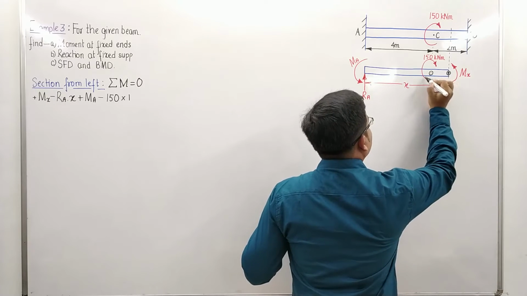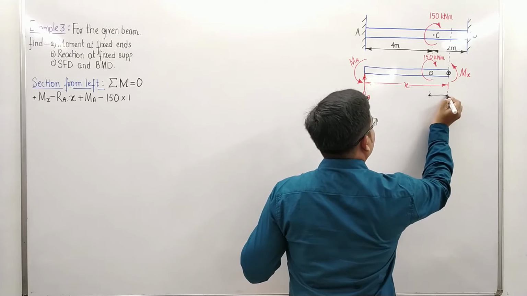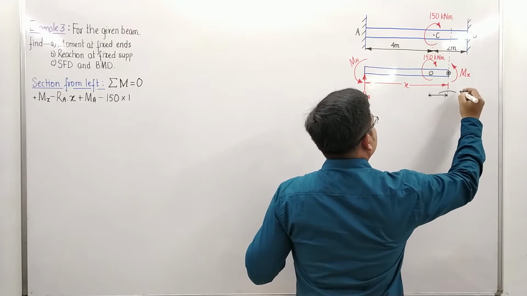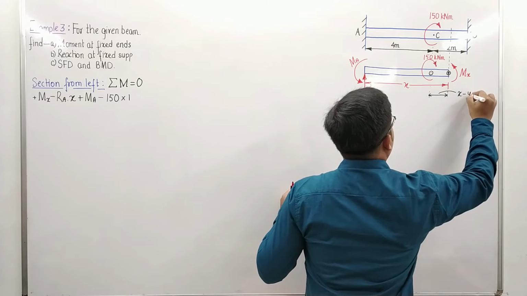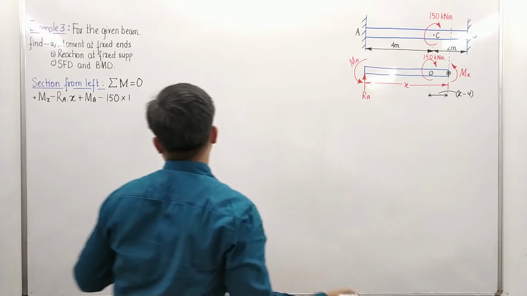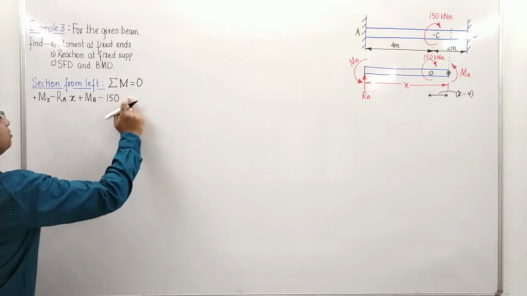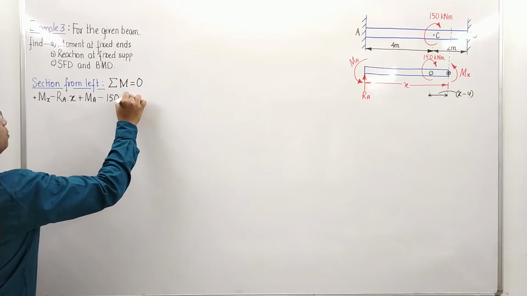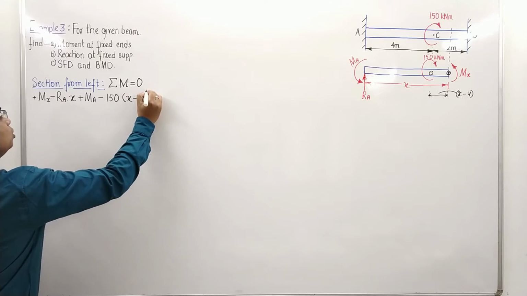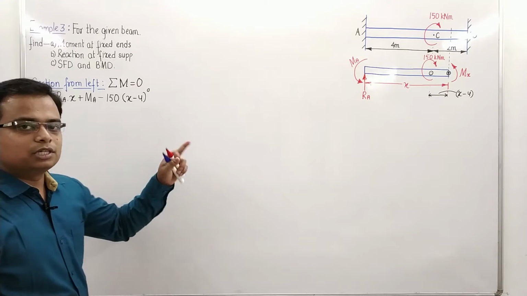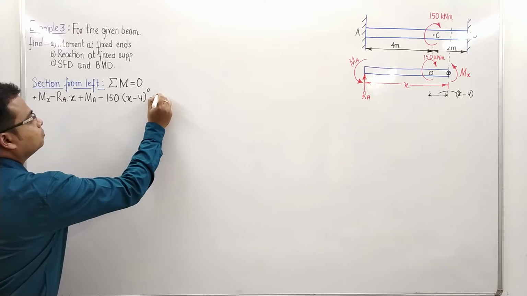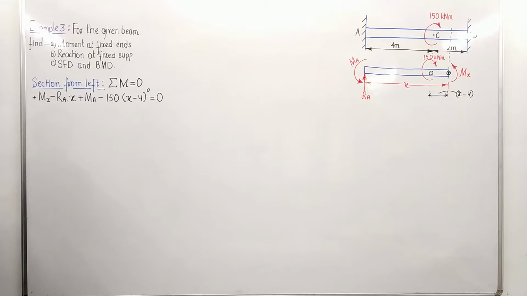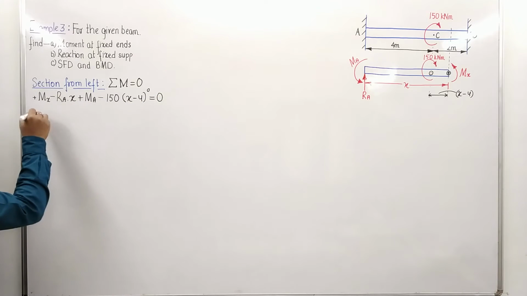With respect to this point, this couple is acting at a distance of, if you watch carefully, this distance is nothing but x minus, this is how much? 4. x minus 4. Okay, so this 1 can be replaced with, let me tell you, x minus 4 to the power 0, and anything to the power 0 is equal to 1, and this is basically the Macaulay approach. You just need to shift all of these things over to the right,